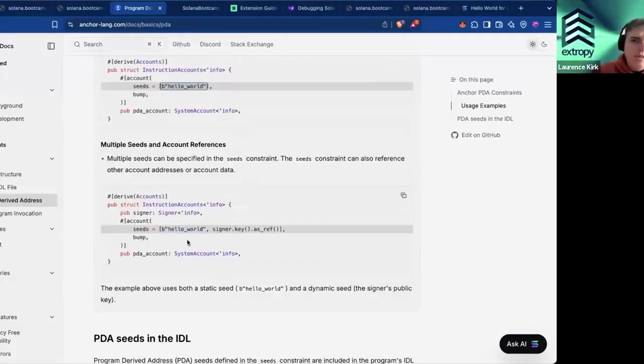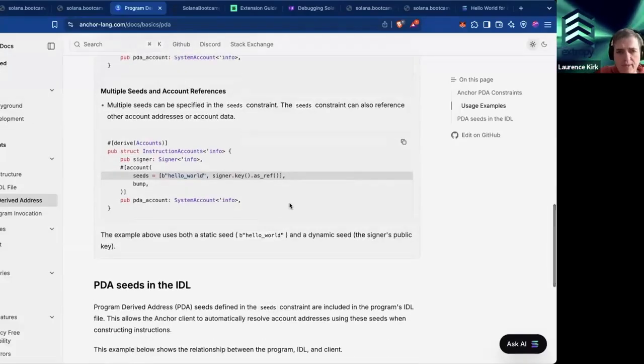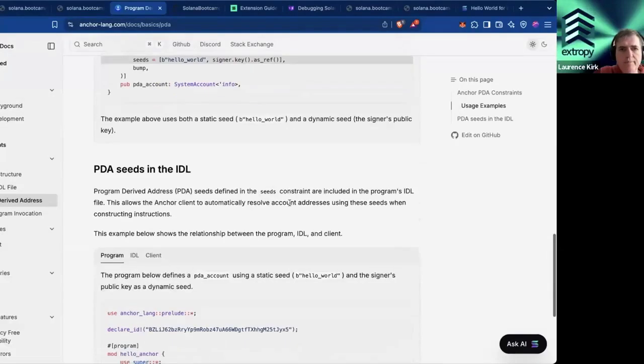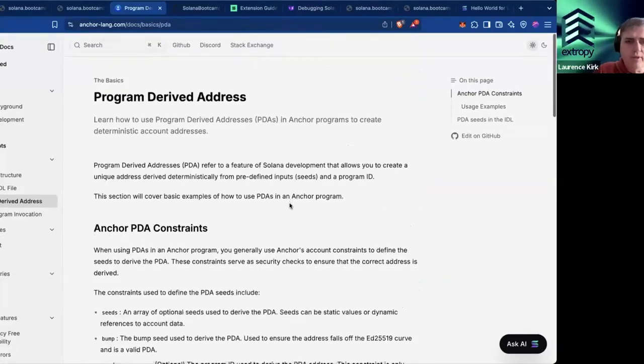This one is dynamic because you get the seed to specify a particular type of program, and then you're also dependent upon the signer as well, their key. So that's going to give you a different PDA for each person who is sending the transaction. Okay. Yep. So there's some details there of how you can do that